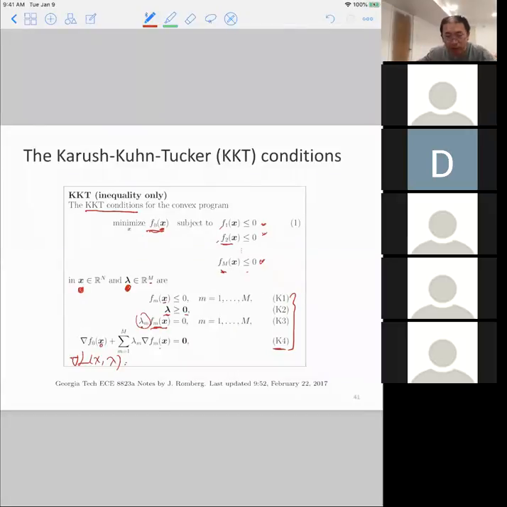So overall, KKT conditions are a set of test conditions for some type of optimization program. Here we're talking about a convex program, right? If a particular pair of x and lambda satisfies all these 4 sets of conditions, we say, okay, the KKT